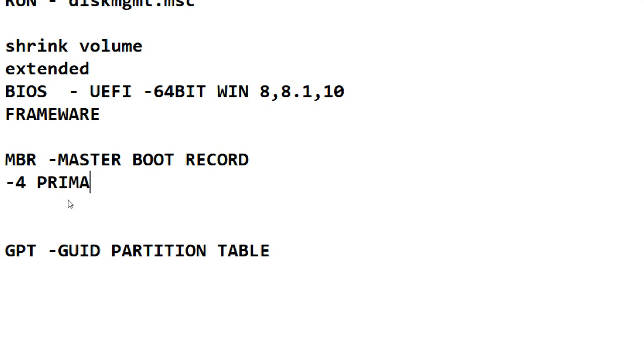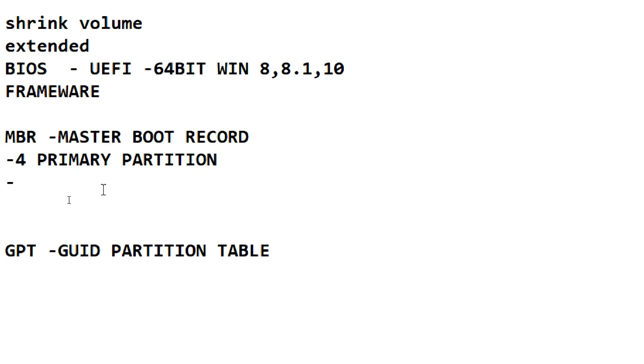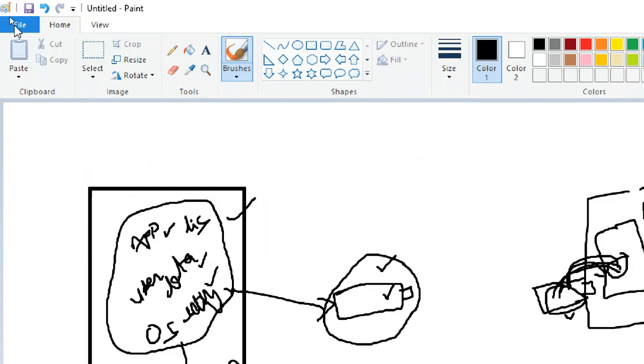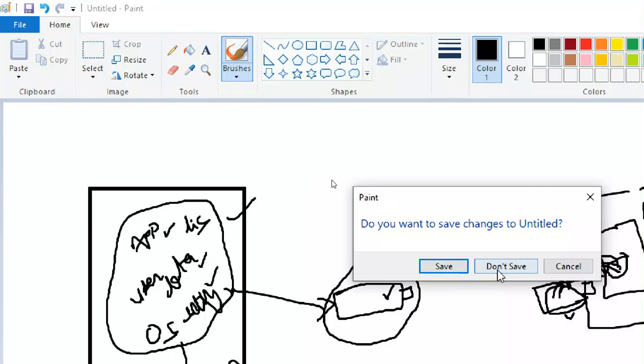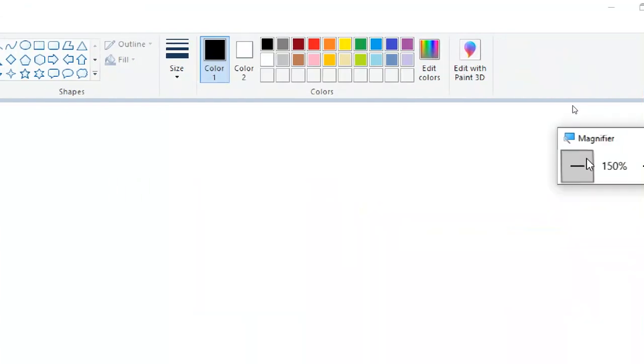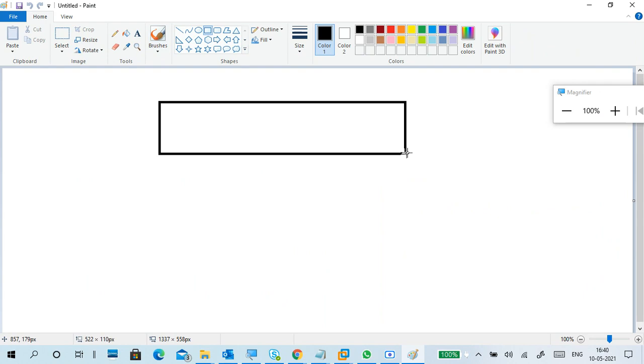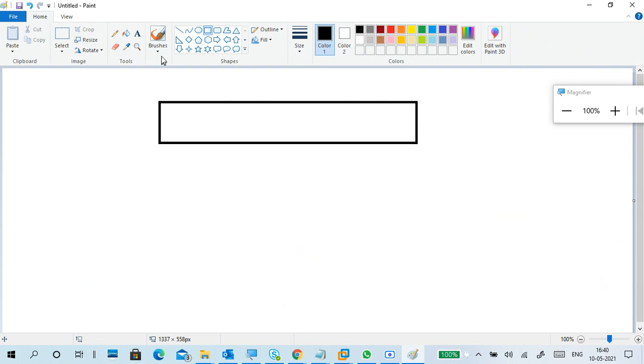A total of four primary partitions we can create. See, here it is. This is a disk. Think of it as something around a 500 GB hard disk. I have a 1 TB disk also.